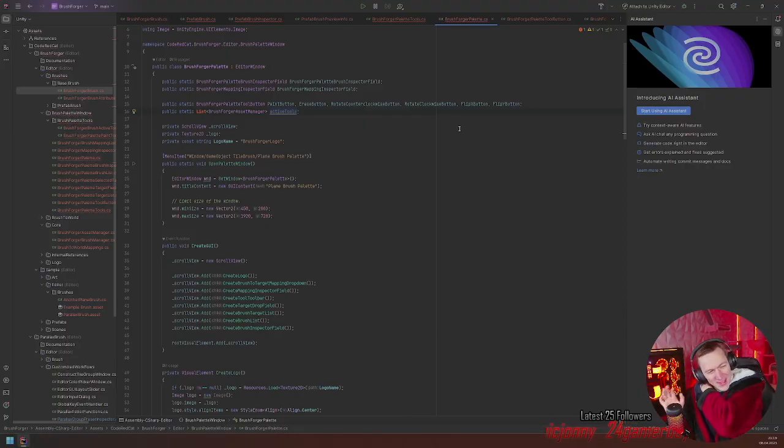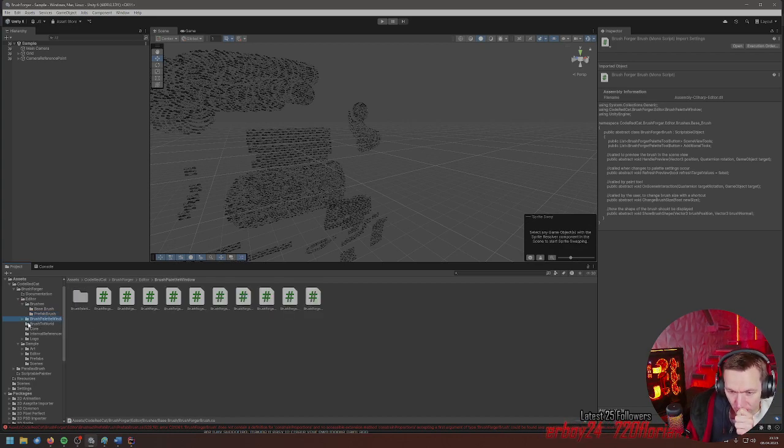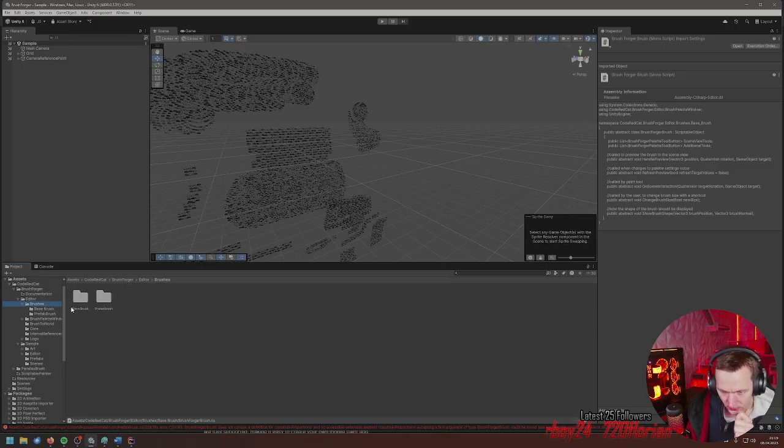Kind of eh. Active tool buttons. Maybe we have to add the buttons in here. We also want to have a second type. Okay.